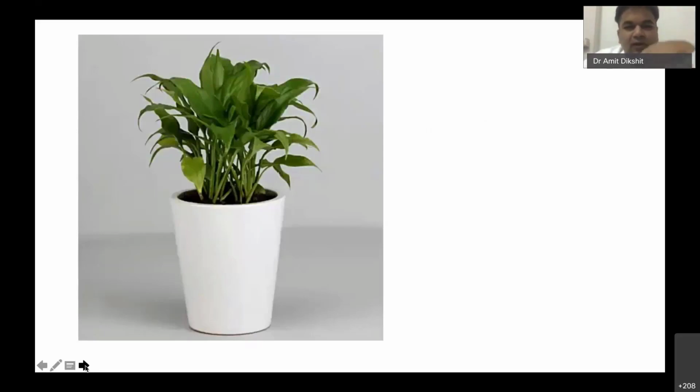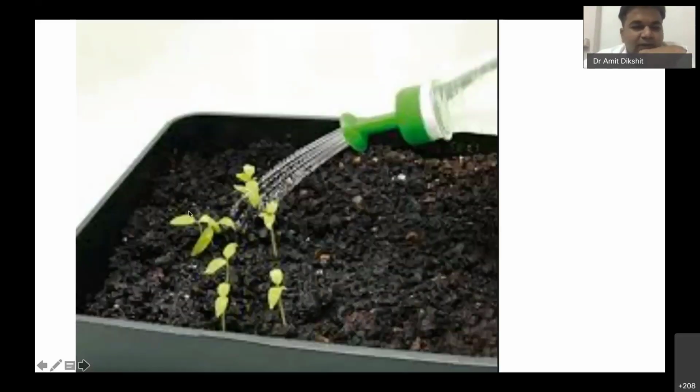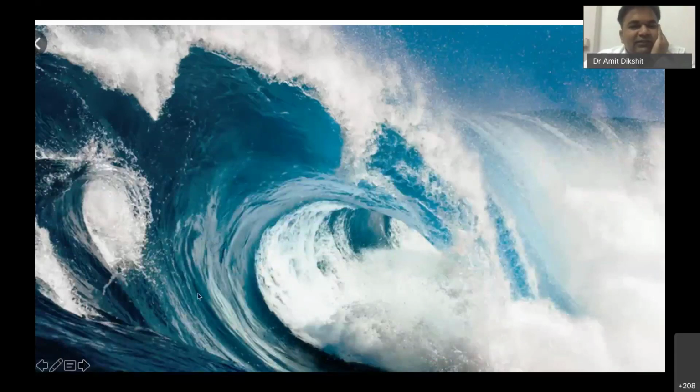We will decide how much we should water depending on the site. So this is a small plant, and probably you need a little bit of water. This is site specific anesthesia and analgesia, and everything is fine. But a few years back, our strategy was to just create a tsunami. This may be an overstatement, but we recollect those days, and even in some places, 40, 50, and 60 ml of local anesthetic.